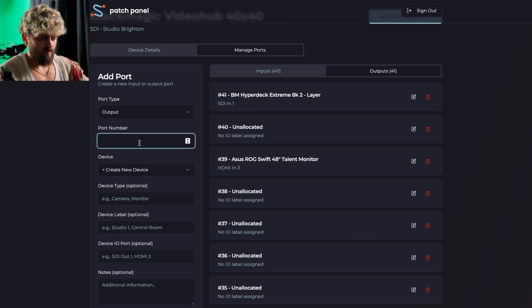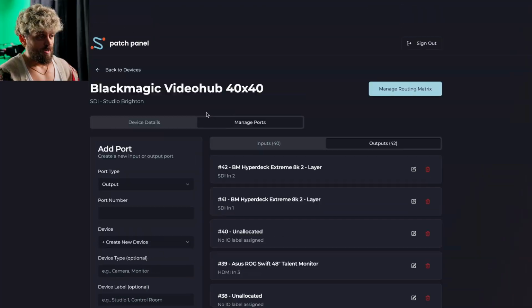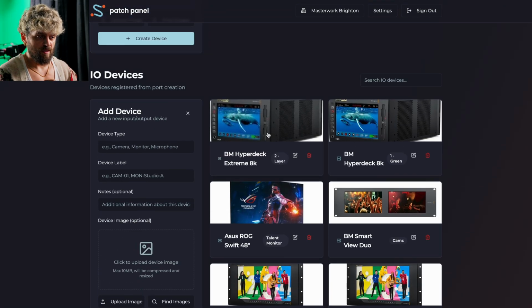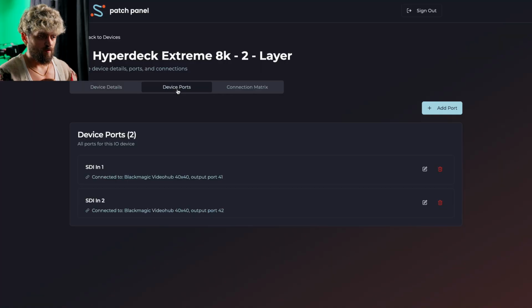And I'll do the same for, say, port 42. You can visualize how quickly I can create these devices and ports while creating ports for the routing device. And now for a quick check, if I go back to the HyperDeck 2 and go to ports, you see that these 2 ports have been created, and you'll notice something else underneath, which is really